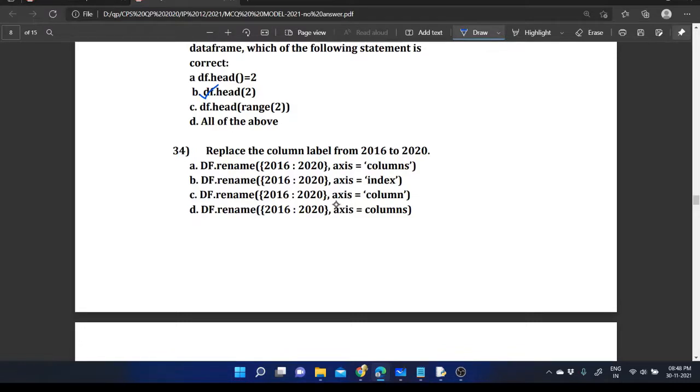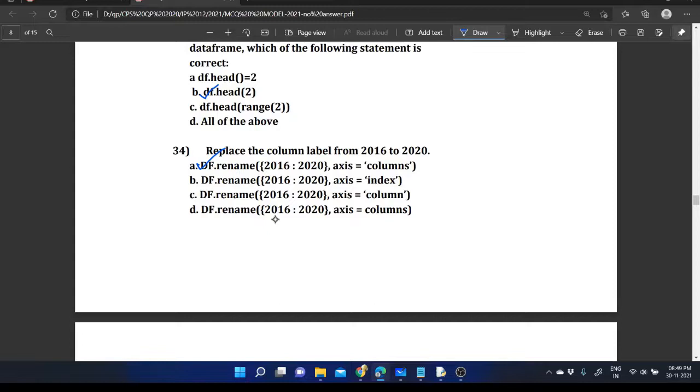Option A. df dot rename of 2016 colon 2020. We are planning to change this particular 2016 to 2020. Then axis value equal to columns. So here one more field is provided with columns. Is that statement correct? 2016 colon 2020 comma axis equal to columns.